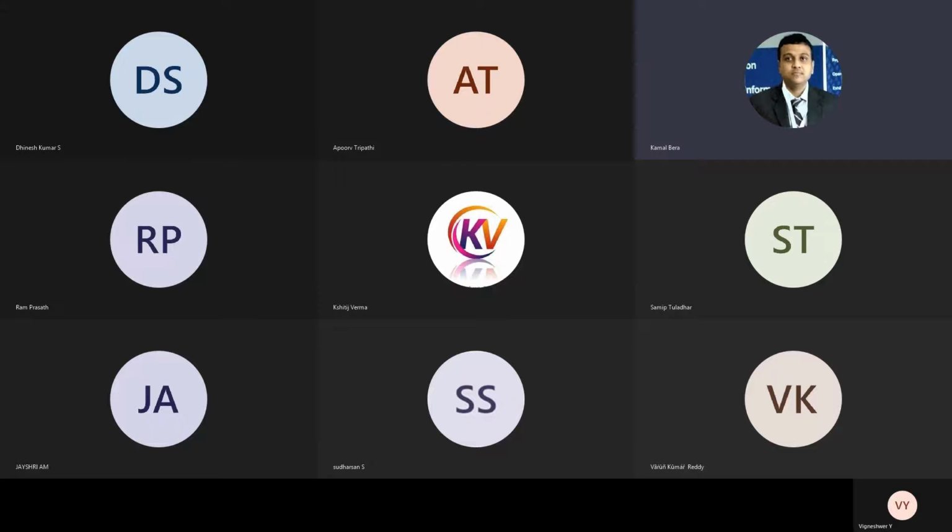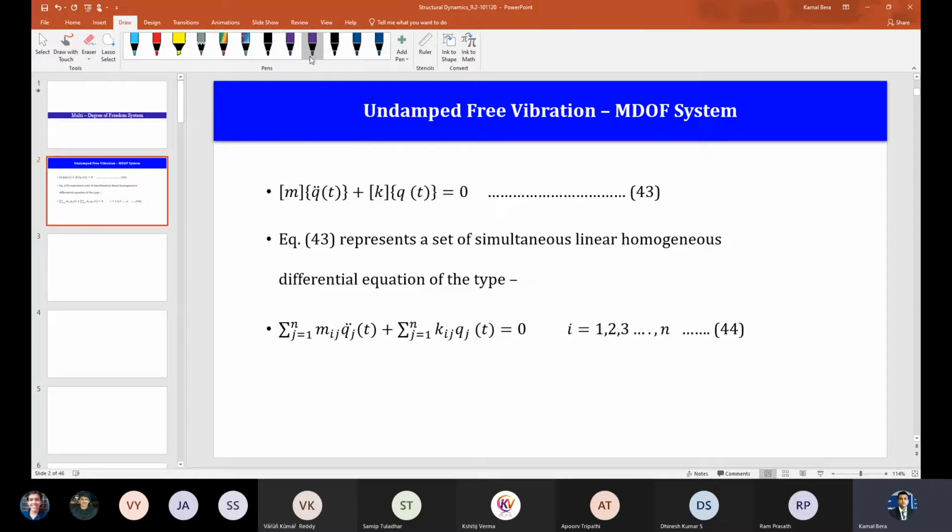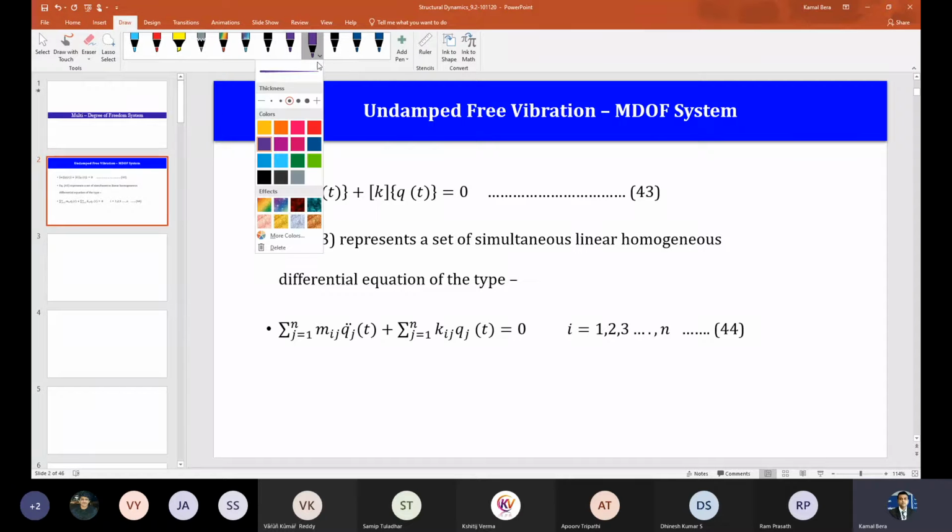Or the better approach is to use the direct stiffness method or also the finite element method. But since you have not learned that so far, we will not proceed further. Now we'll talk again about what we have actually discussed during the 2 degrees of freedom system in a more elaborate and systematic manner. And finally we'll talk about the mode superposition method.